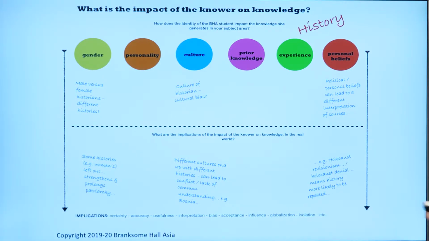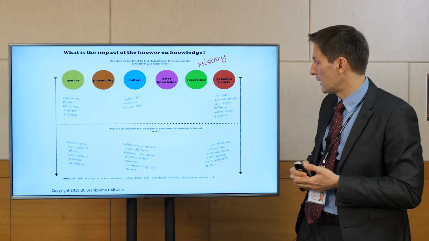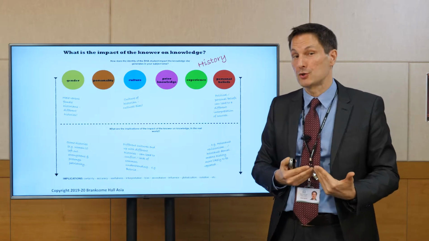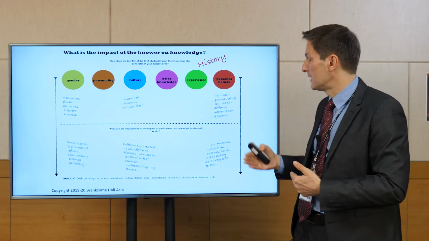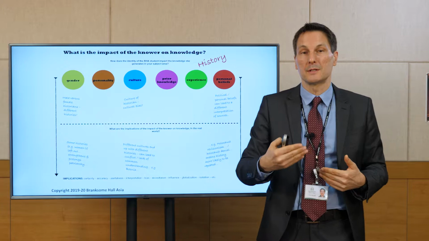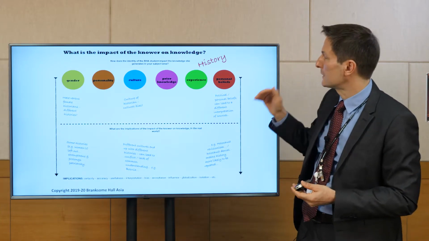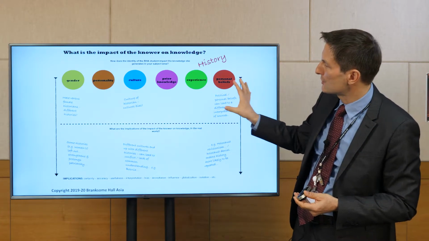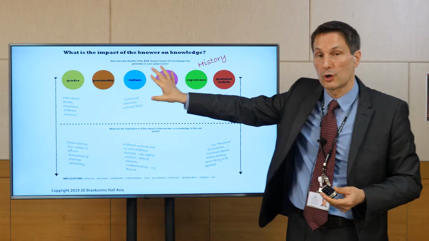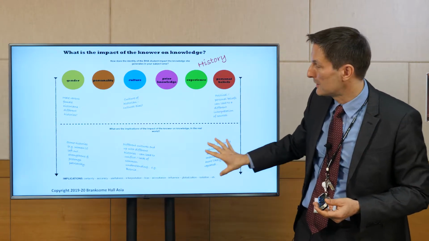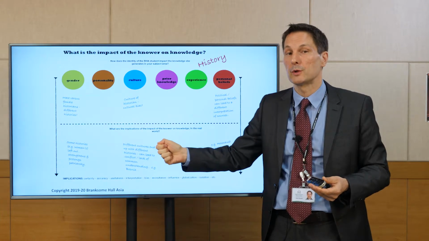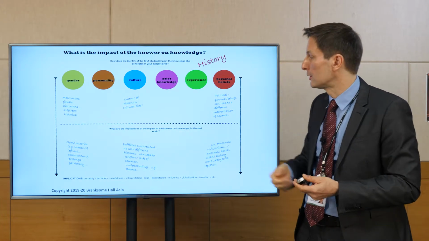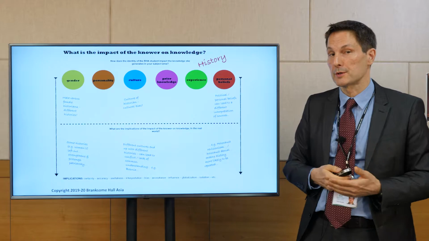And then, for example, Holocaust revisionism, Holocaust denial, there is the implication that if we allow these things to be denied, then they're more likely to be repeated in the future. So again, what we're getting students to do is not just to think about all the critical thinking, the knowledge questions up here, but down here to think about the implications of that, what that means in the real world, in a global context, and also in their personal lives.